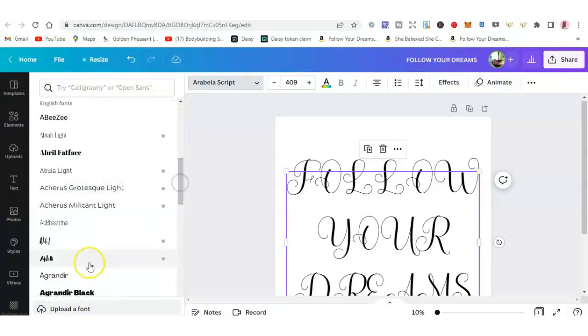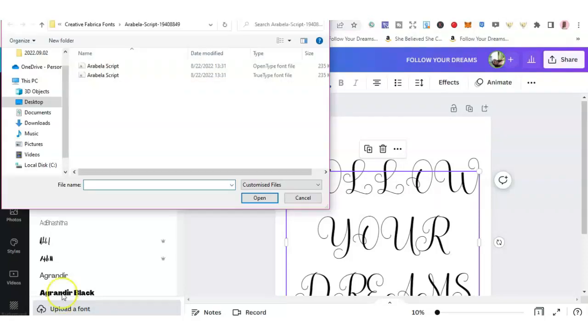So once you are on that part, then you can scroll down. Actually, you don't even need to, because as you can see on the left-hand side down here, there is upload a font. So this is the second way you can upload a font. So click on that one, upload a font,